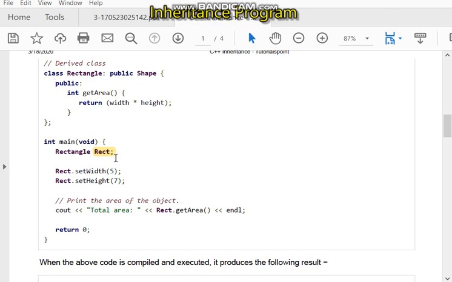So it means that whenever we derive a class from an already existing base class, the object of this derived class can have access to all those member functions which are declared as public in the base class. ठीक है, यानी अगर आपके पास बेस क्लास में मेंबर फंक्शंस मौजूद हैं और आपने उसको पब्लिकली डिक्लेयर किया है, तो डिराइव्ड क्लास का ऑब्जेक्ट उन मेंबर फंक्शन को उस तरह कॉल कर सकता है जैसे ये मेंबर फंक्शन डिराइव्ड क्लास में ही डिक्लेयर्ड हों। ठीक है, ये देखें ना, आपने डिराइव्ड क्लास का ऑब्जेक्ट क्रिएट किया और आपका